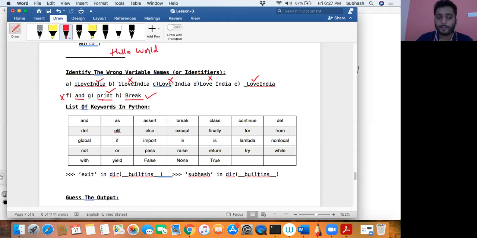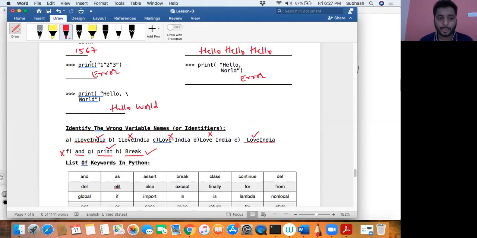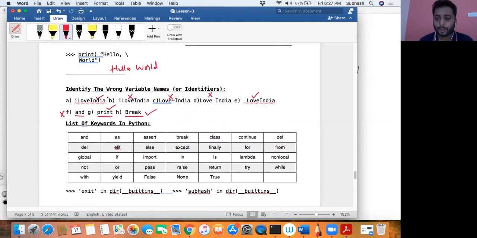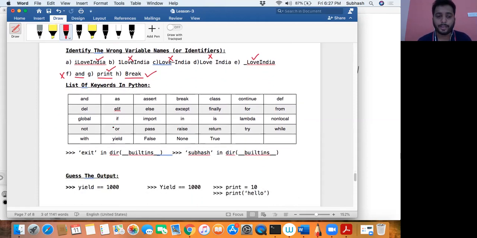Because we have already used print so many times, print as a function over here, function name over here, right? So print's meaning has already been given to it. Though the compiler won't give you an error, don't you think it is bad to actually use print as a variable name? So if you want to know what are those names that must not be used and whose meaning has already been given, then you can type this command on your Python command prompt in interactive mode, and it will tell you, right?